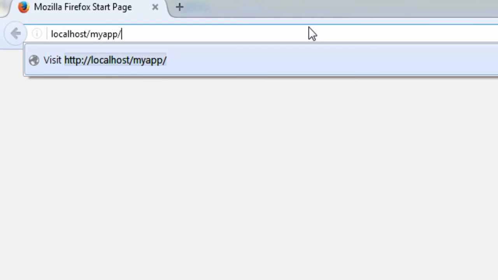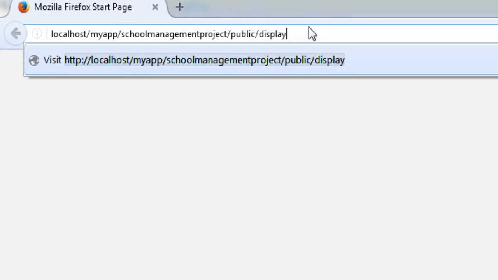So now we will check the result on localhost in the browser. In the browser we will type localhost/myapp/schoolmanagementproject/public/displayteachers. That is our route name.